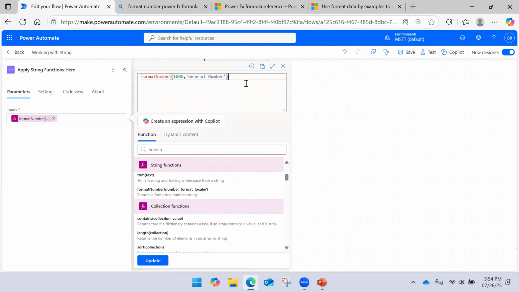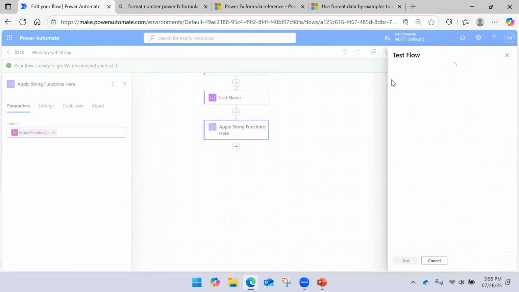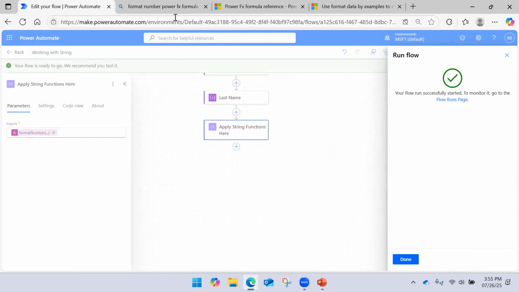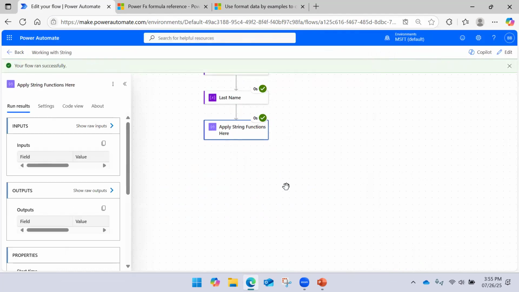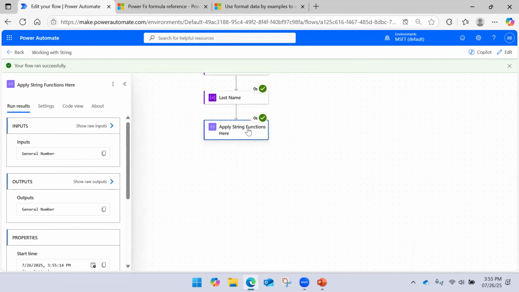Let me try with this type of format, or maybe some other types of formats will be there. I need to see the number type formats. Okay, this works, but the result it is giving me is a general number.